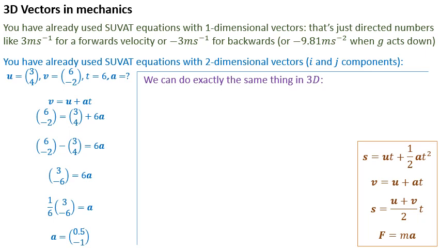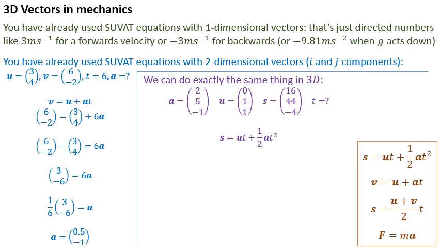In 3D, it works just the same. There are some nuances you want to be aware of. So for instance, in this one, because it's t that we don't know, you've been given the vectors for s, u and a, but you don't know t. So the idea would be you find the appropriate formula. You've got 3 things, you want a 4th thing, so there's definitely going to be an appropriate suvat equation for you. And when you've identified it, remember they're in the formula book, you write it out,